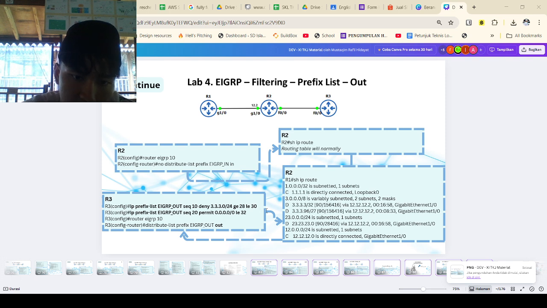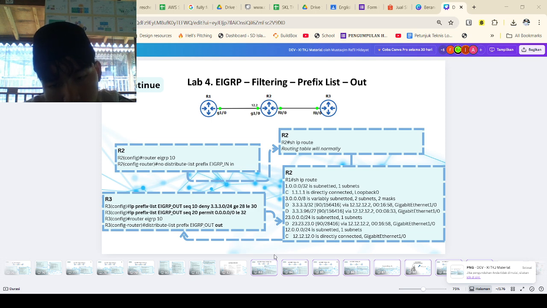You tell the shopkeeper, when you send your list, do not include the small boxes labeled 3.3.3.x between size 28 and 30. So the regional warehouse never learns about those boxes. Alright, hopefully you might get what I've explained about lab 4.